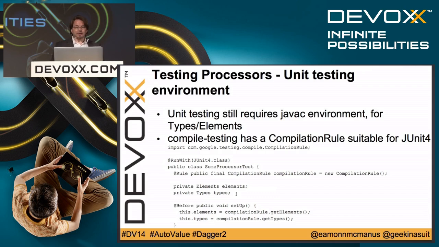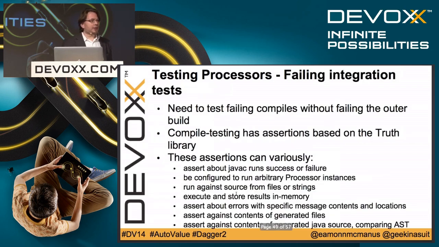For succeeding integration tests, of course, you can just run your processor on your test code and make sure that the actual results work the way you expect. That's easy. But failing tests is actually a pain, because you don't want to fail the build that you're actually running the test in. You want to fail the build that would be running in the real case. So we also have part of the compile testing is an extension to the truth assertion library, which lets you